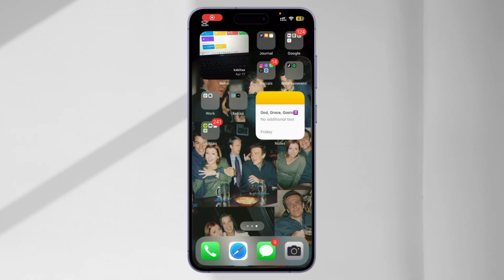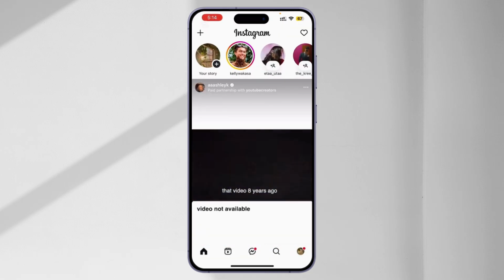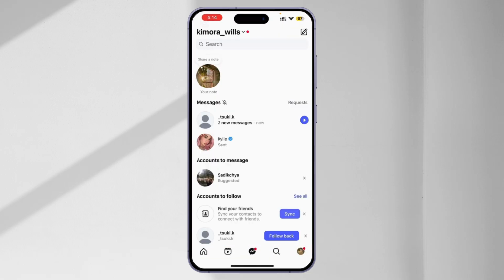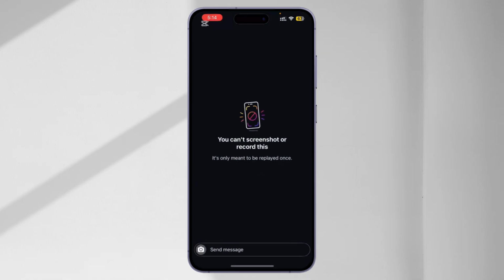If someone sent you a view once photo on Instagram in a DM, what you need to do is simply open your Instagram app, make sure you're logged into your account. Simply go to the messages tab. Here, as you can see, this friend has sent me a photo message. Simply tap on it. Now, once you tap on it, you'll be able to view the photo for an unlimited period